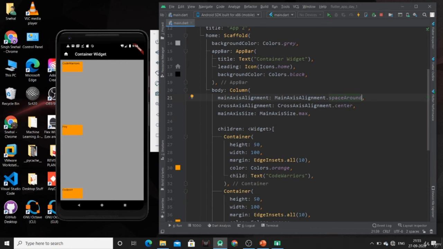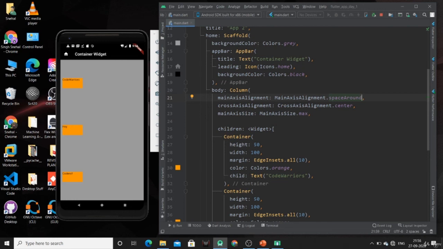So you can see the difference. This is the effect of the space around property. So these are the properties which are provided by the column and row widget. These are all about the properties which we can specify to the children of the widget.